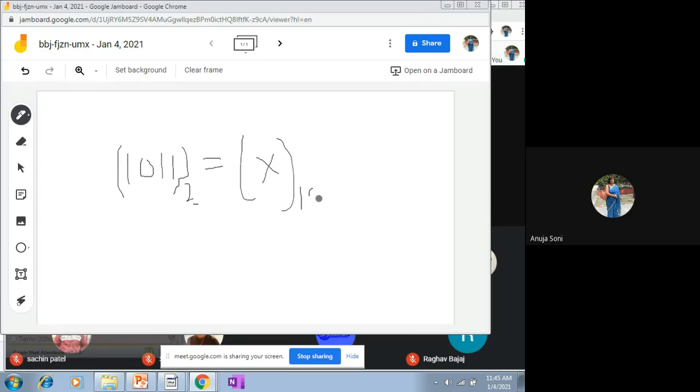What you have to do? You have to find the value of x. X will be the resultant number having a base as this value. Basically, you have to find out. Fine. So you have to apply that formula. So how to apply it? Presently we are talking about a number in the integral form. We are not talking about the fractional form.